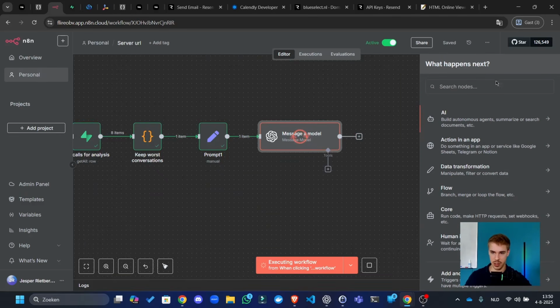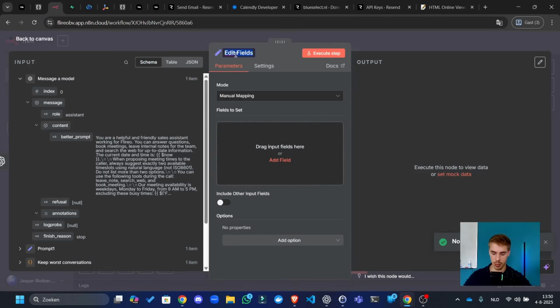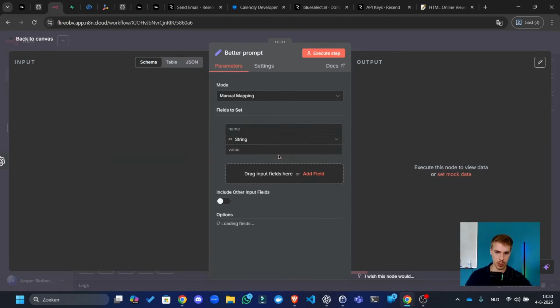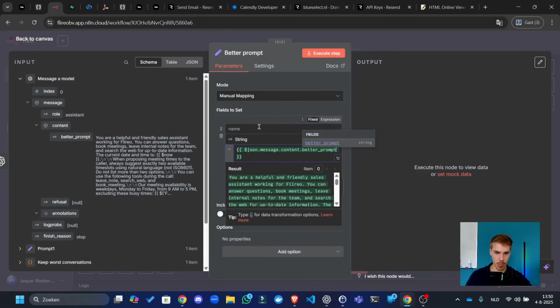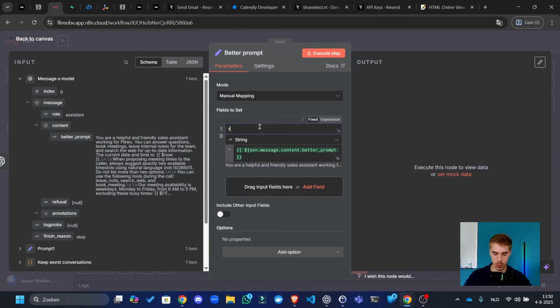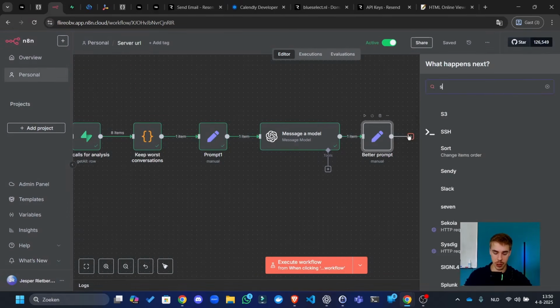And then set node better prompt. Name results. All right, perfect. And the last thing we're going to do, which is important, is Supabase